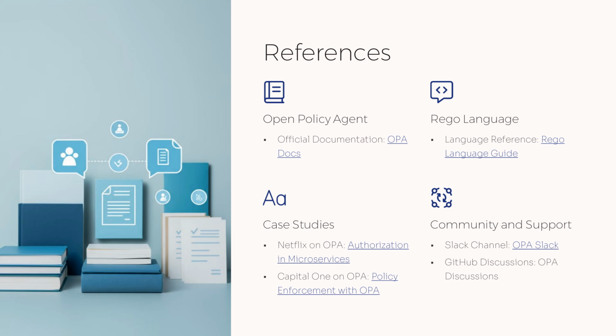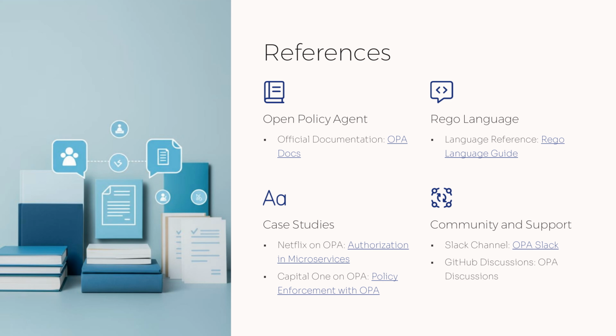OPA. The current slide provides valuable resources and references for those interested in further exploring the Open Policy Agent, or OPA. For official guidance and comprehensive documentation, the OPA docs are an essential starting point. If you're looking to understand the Rego language, which is integral to working with OPA, the Rego Language Guide offers detailed insights. Additionally, real-world case studies can be particularly enlightening. Netflix shares their experience using OPA for authorization in microservices. Similarly, Capital One outlines their approach to policy enforcement with OPA, providing practical examples of how these concepts are applied